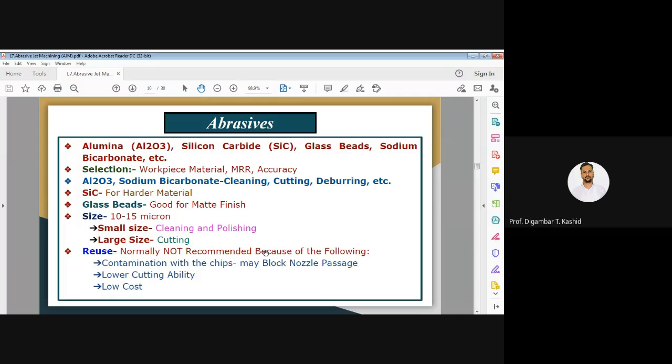Now in this slide I was telling about the operation that is deburring. You may be thinking, what is that deburring operation? So I hope you know that when you are drilling a hole inside any component, and here I am taking the help of one example, you find that some of the material is left over there.